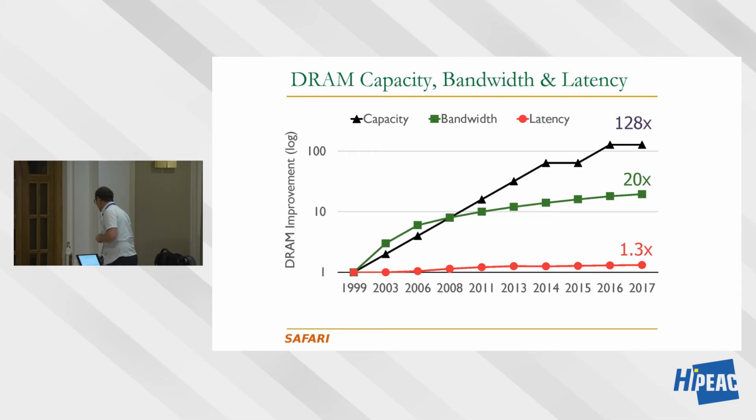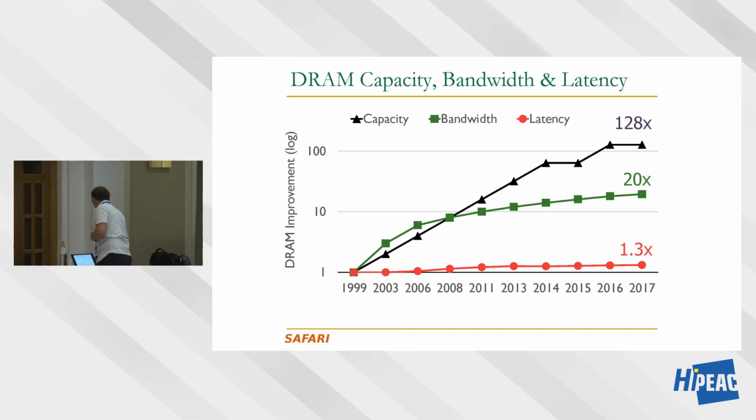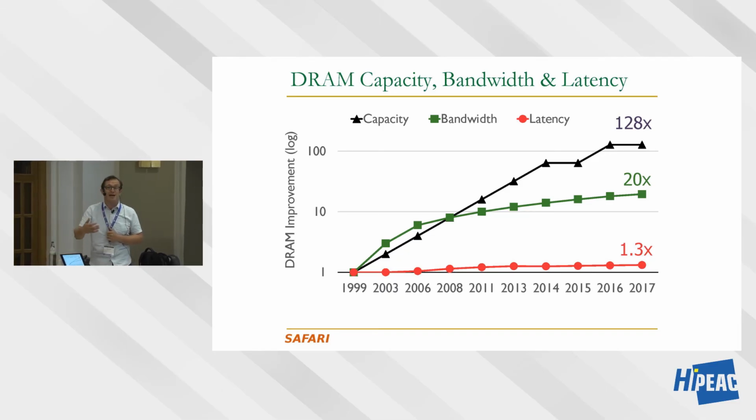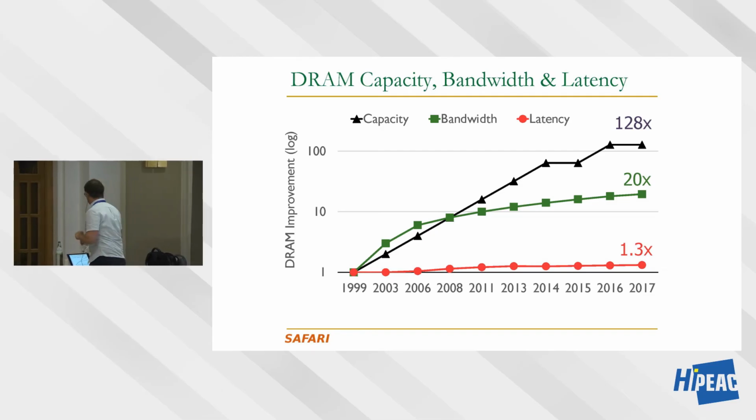Let's take a look at what has happened to DRAM capacity over the last 18 years or so, until 2017. I have an updated slide I will show you in a little bit. Capacity has been improving a lot over the last 18 years, because this is what manufacturers have been optimizing for. This is what the industry demands. We want more capacity. Bandwidth has not been improving as much, although with the recent push for HBM, high bandwidth memory, at much higher costs, you can improve bandwidth, not to the same levels as capacity.